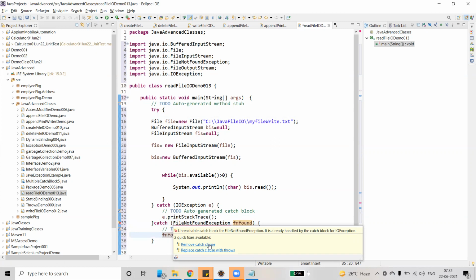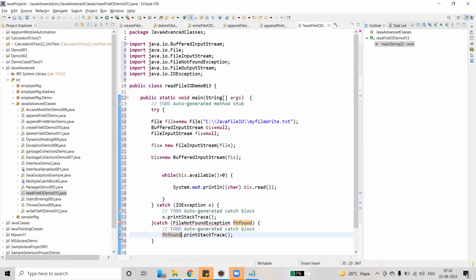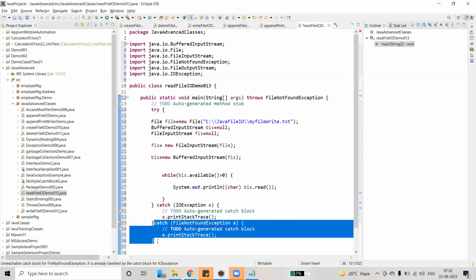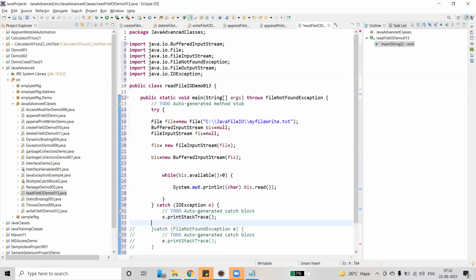If it is already handled by the catch block for Exception, yes. Fine, let it be. Okay, FileNotFound and then IOException is over, and then finally we have to add one